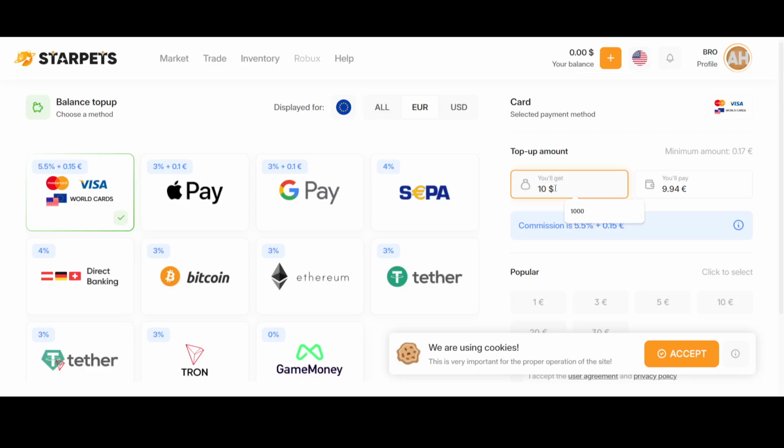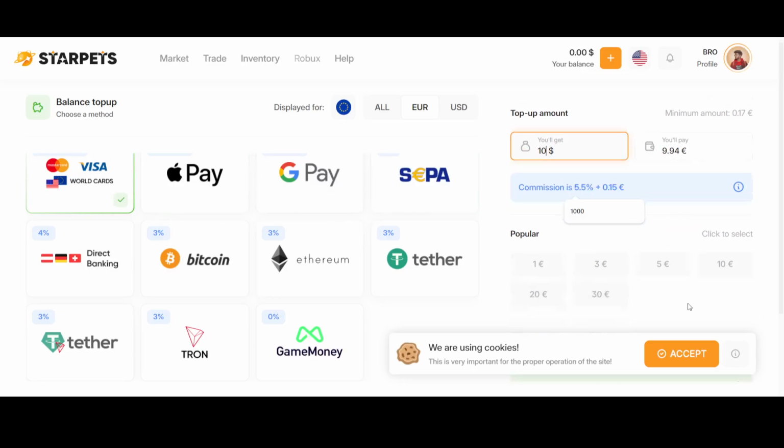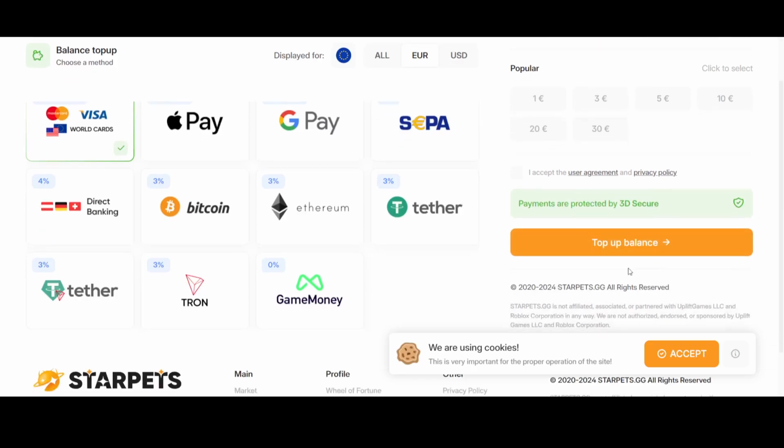Suppose you want to add $10, just enter the $10, and then this is the amount here that you'll be paying according to local currency. Now, here, after selecting these things, you just have to select your payment method. Either you want to pay using your debit card, Apple Pay, Google Pay, there are different options. You just have to select the one according to you, and then you just have to click on this top